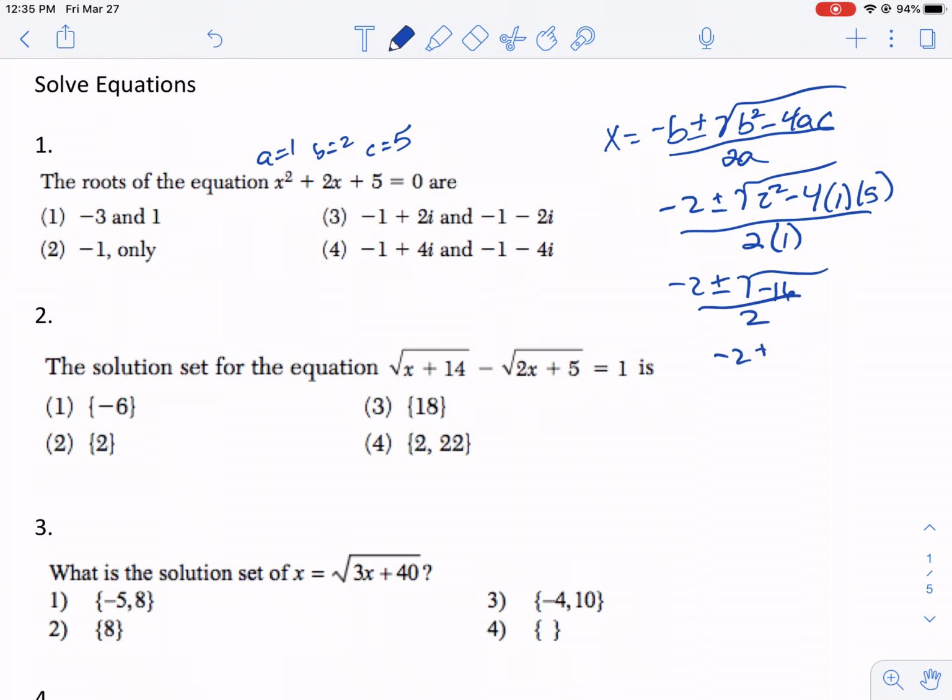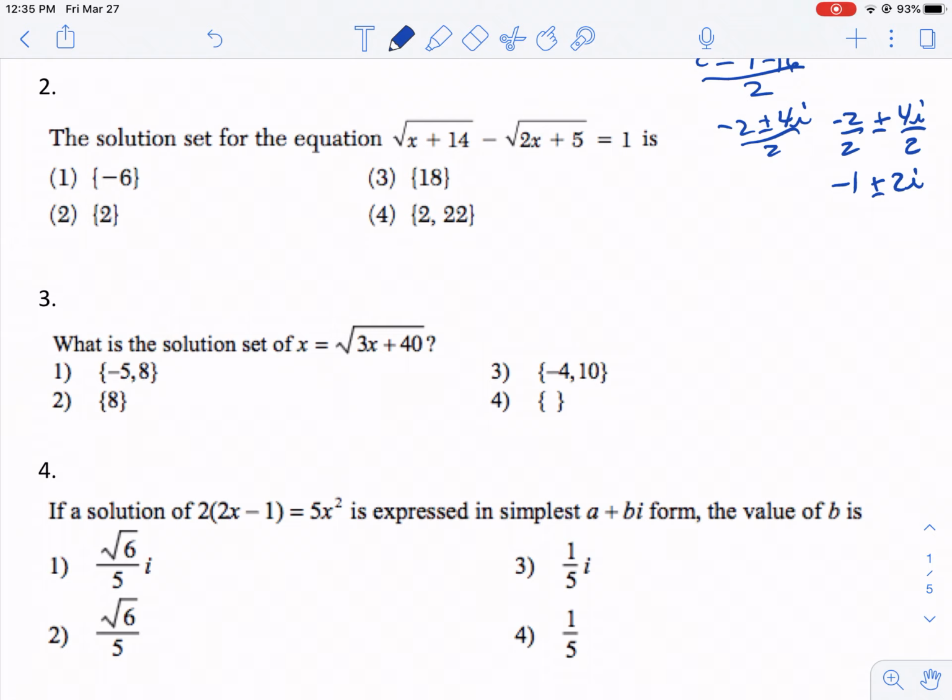Square root of negative 16 is 4i all over 2. And of course, if you have a complex number, you have to separate the two pieces. So negative 2 over 2 plus or minus 4i over 2 simplifies to negative 1 plus or minus 2i. So negative 1 plus or minus 2i would be choice number